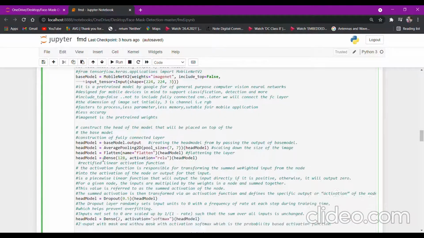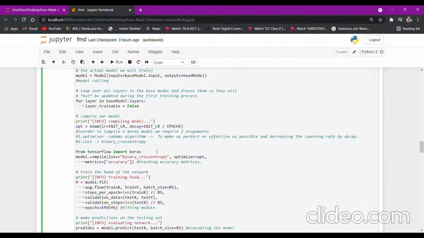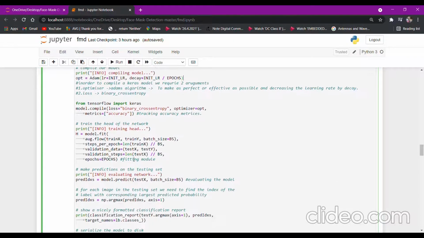It should be as low as possible in order to get high accuracy. And we have kept the decay rate, which is the amount of decay that reduces this initial rate, so that it makes the model more accurate.